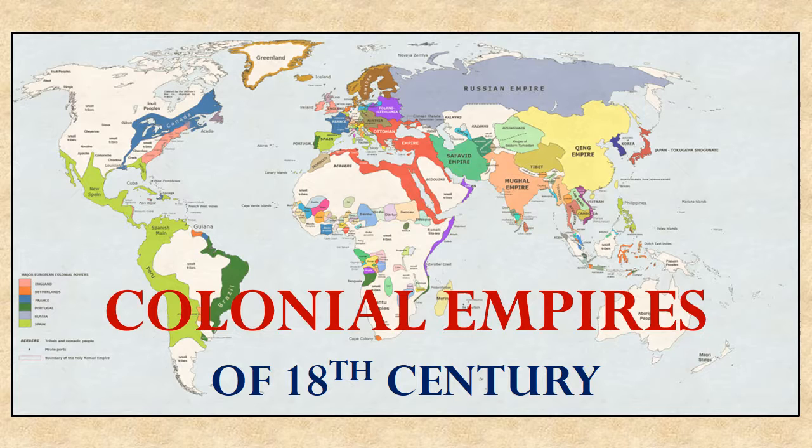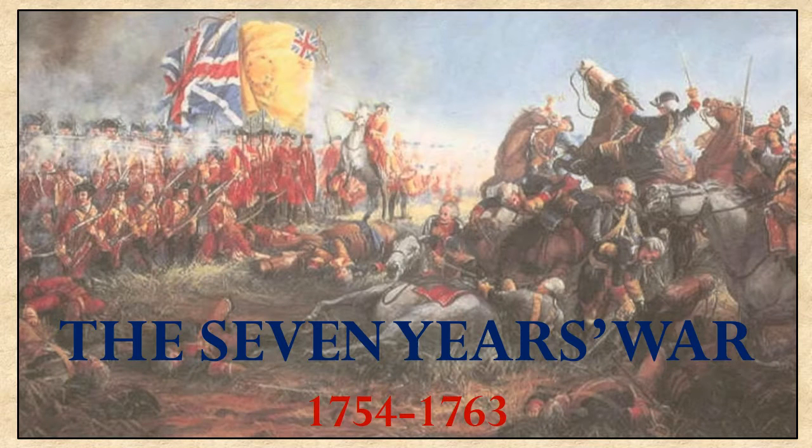The European powers had colonies spread all over the world, and they ended up fighting each other over them. In particular, two coalitions of European countries led by England on one hand and France on the other, fought all over the world for their colonies. And that battle that they had all over the world, which took place from 1754 to 1763, is known in world history as the 7 Years' War.